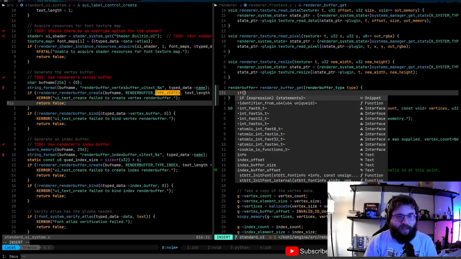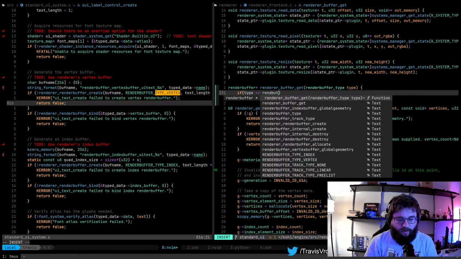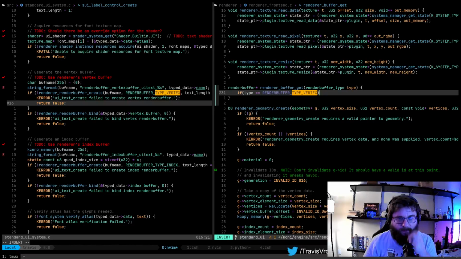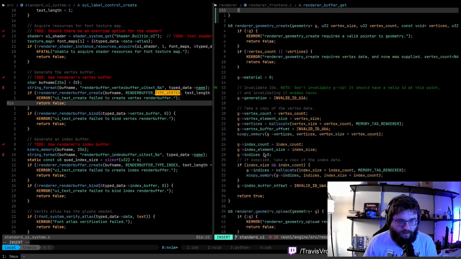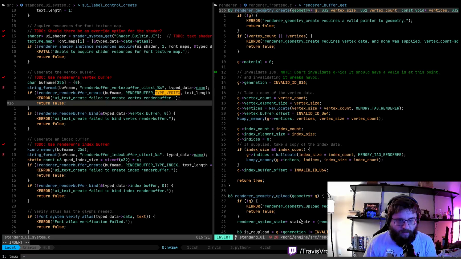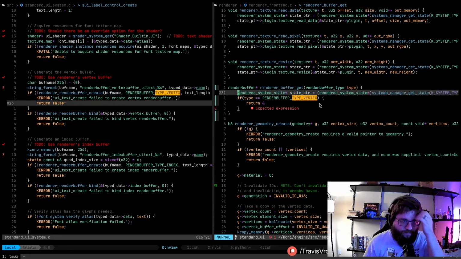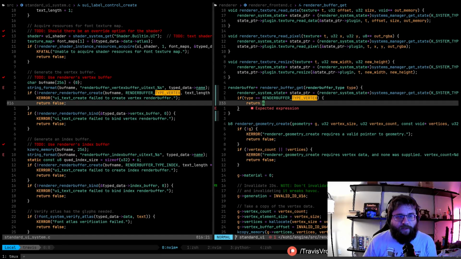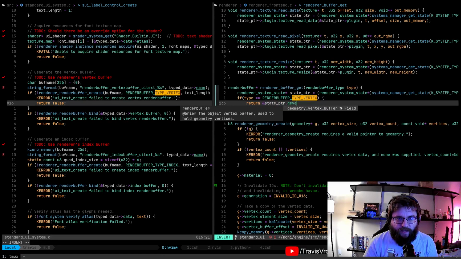And we can say if type equals render buffer type vertex, return the address of, I need state. Return the address of state pointer, geometry vertex buffer.